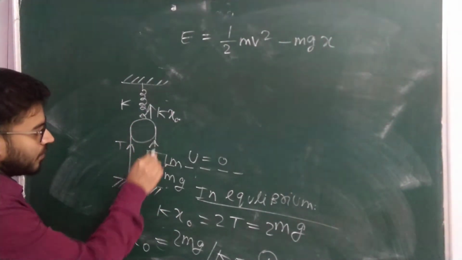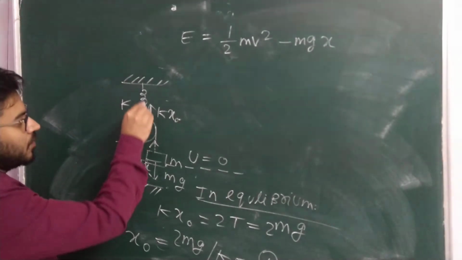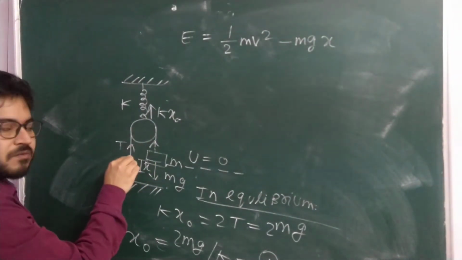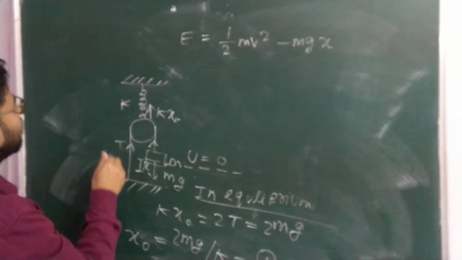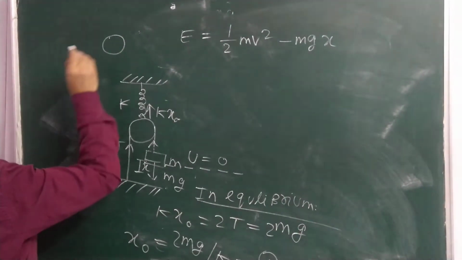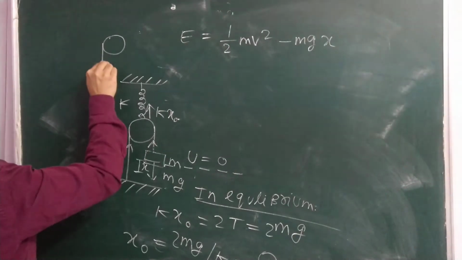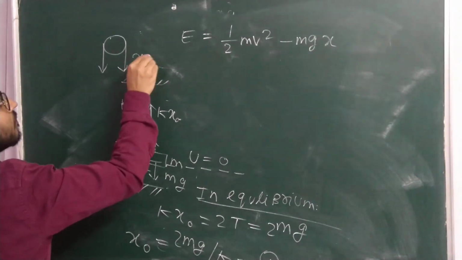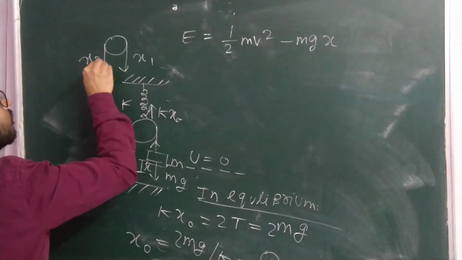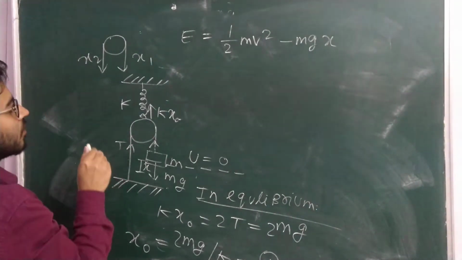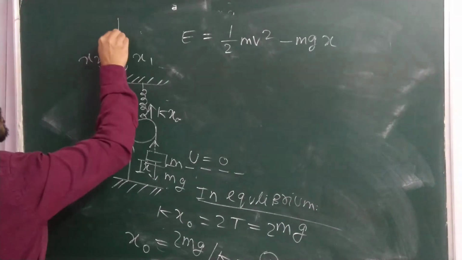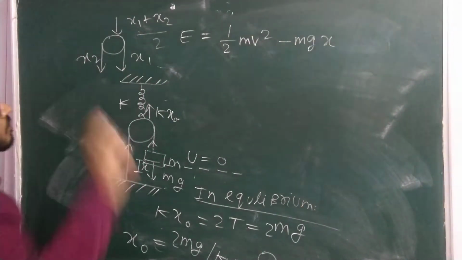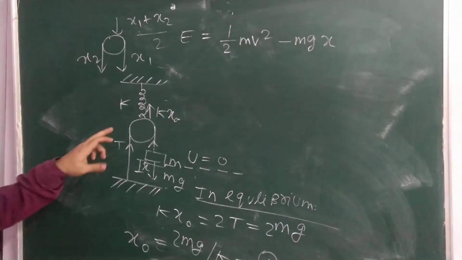Now if this one is displaced by x, what will be the displacement of the spring? You can see here, this displacement is x, this displacement is 0. For a pulley, this is a pulley, in constraint relations you have studied, if this side is undergoing a displacement of x1, and this one is undergoing a displacement of x2, then here the displacement is x1 plus x2, whole divided by 2.